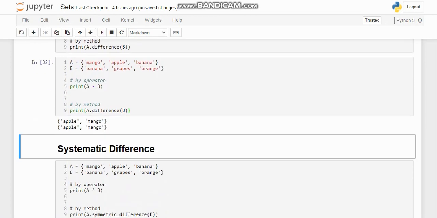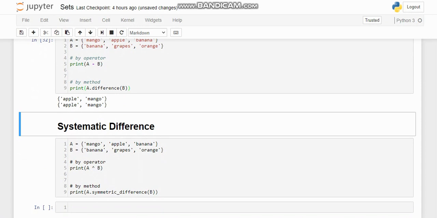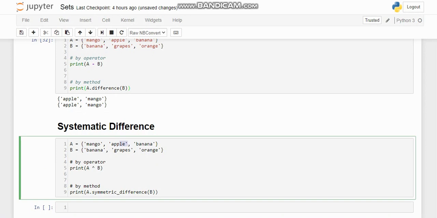And for the last one, symmetric difference, it should give the output as mango, apple, grapes, orange. Why? It will remove only the intersection part. It is the opposite of intersection, so it will take the values which are present in A set or in B set but not in both the sets.